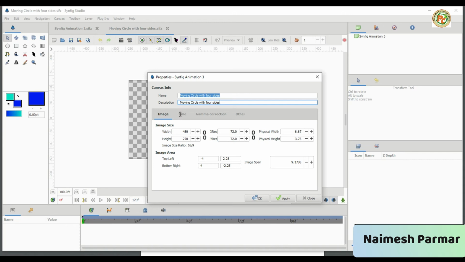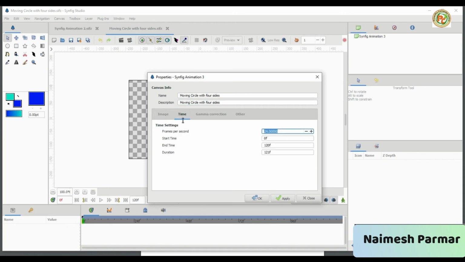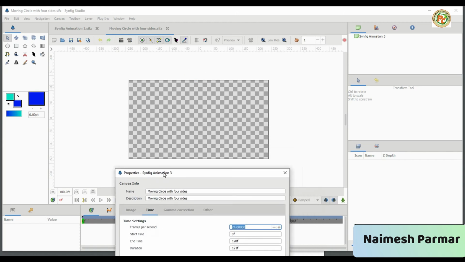Now we are going to change the time. For example, it will start from here to the right side, which will take 1 second. Then from here to here another 1 second, from here to here another 1 second, and from here to here another 1 second. So our circle will go around four sides, so we will create 4 seconds for that.